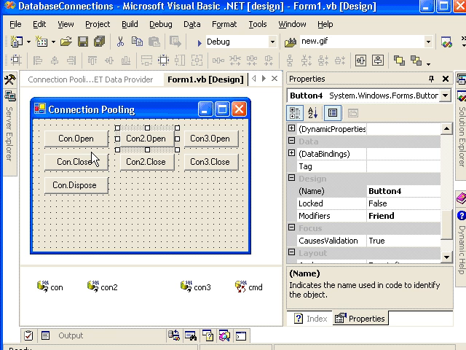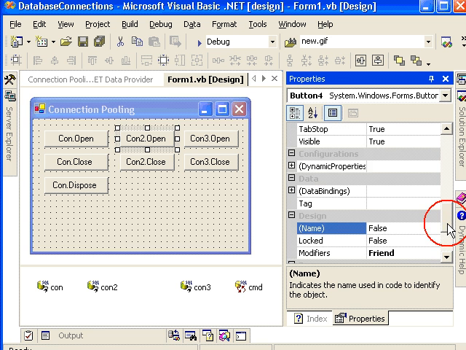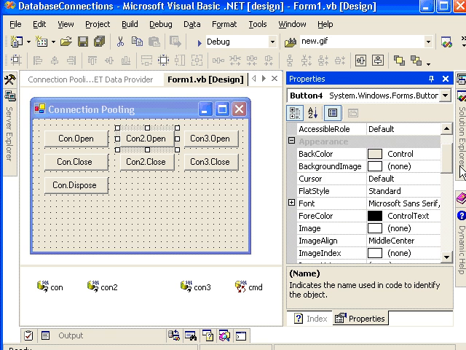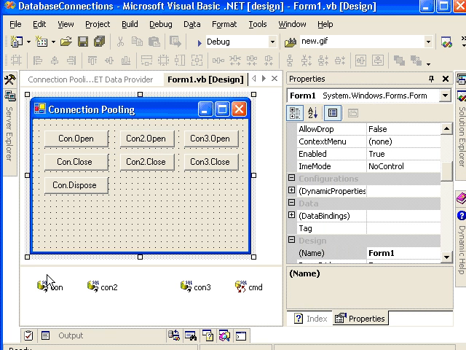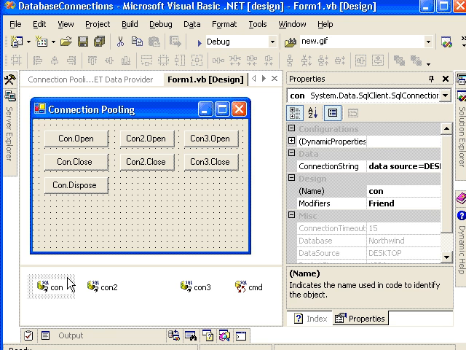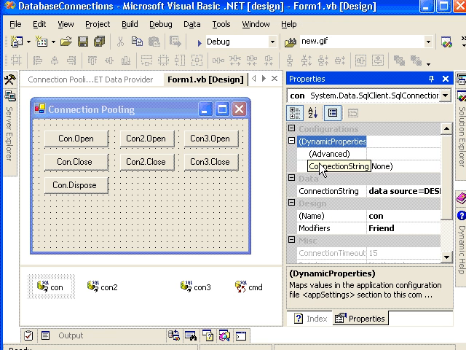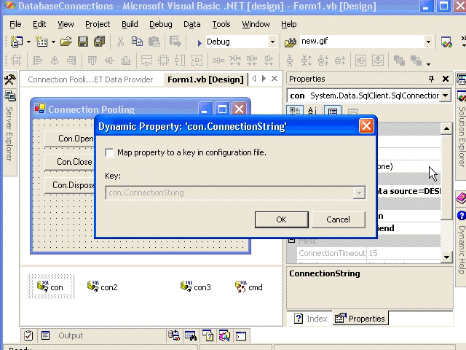So the first tip is that you want to make sure that your connection strings are exactly the same, and one way that you can accomplish that is through the use of the dynamic properties and mapping the connection string, for example, to a configuration file. That's one way to make sure that all your connections are the same